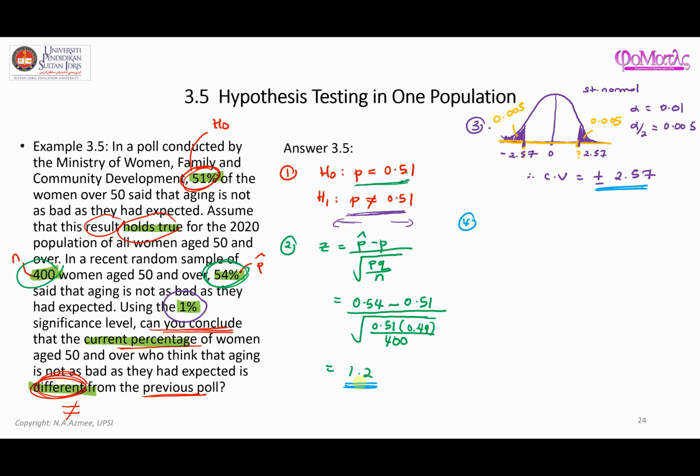We know that this is a positive value, and therefore 1.2 is going to be somewhere here, between 0 and 2.57. The value gets bigger and bigger when it moves towards the right. So 1.2 is somewhere here, and you can see clearly that the test statistic